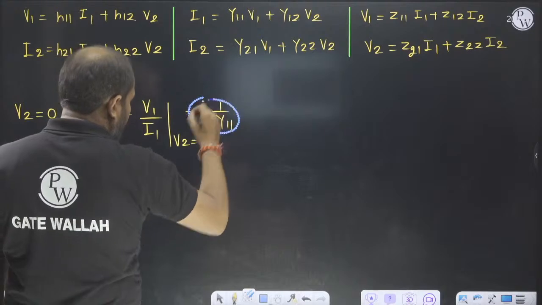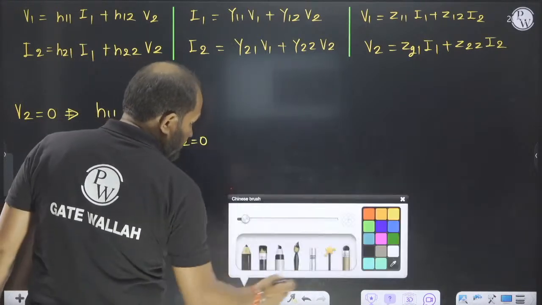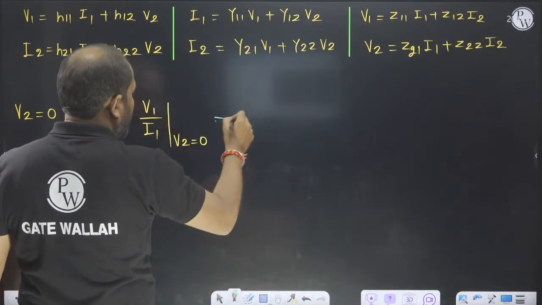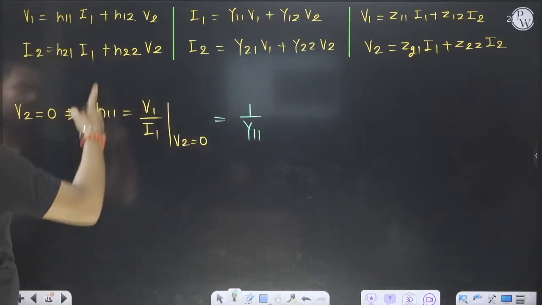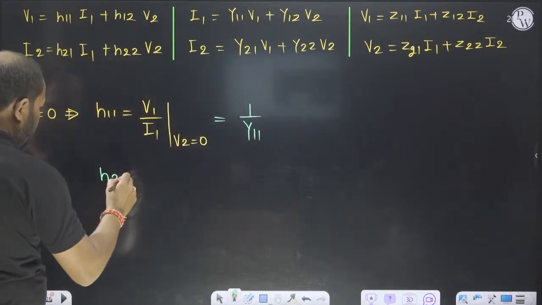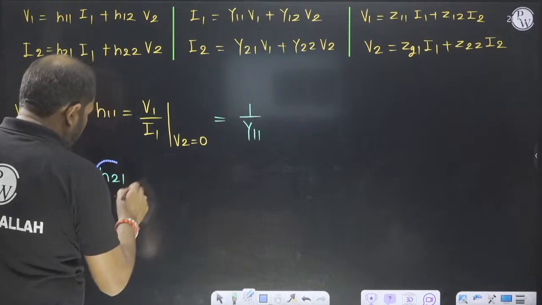I1 upon V1 will be equal to 1 by Y11. So it will be 1 by Y11. I have to focus on the Y parameter. And H21 will be equal to